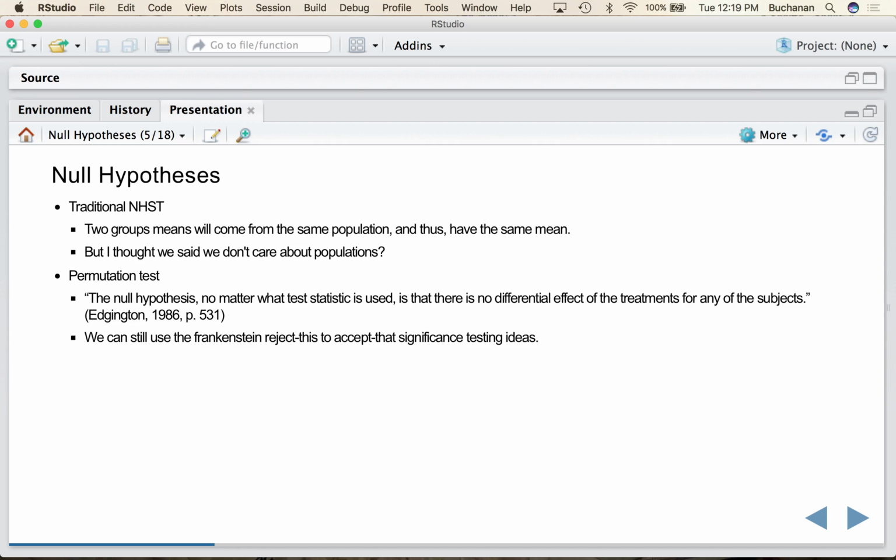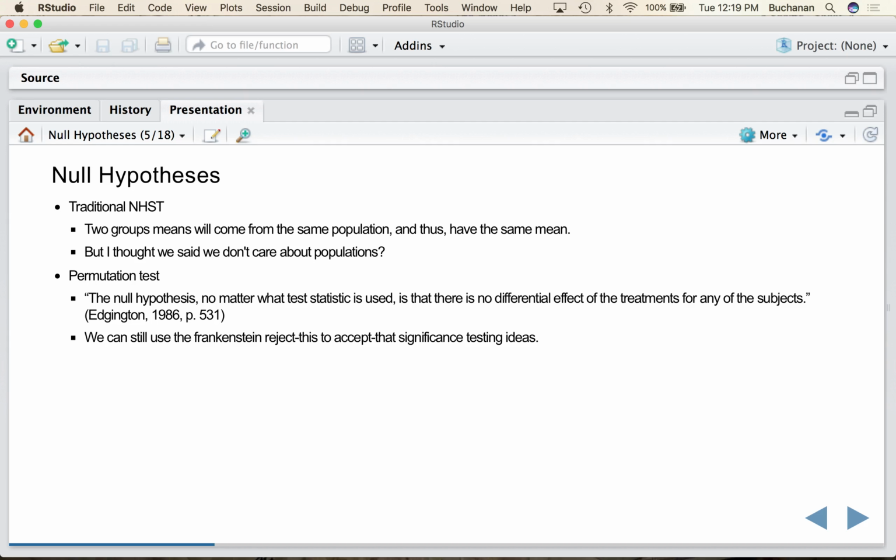And I call it the Frankenstein system because if you look at the history of traditional null hypothesis testing, you'll see that it's not really traditional. It's like half of Neyman-Pearson and half of some other people, Fisher's test, and so it's kind of this weird system that we've put together that is clearly not really working very well. But we can still use those ideas of, I'm going to reject this null, that there's no differential effects for treatments. It's just that we're not referring to this larger population where the groups are in the same